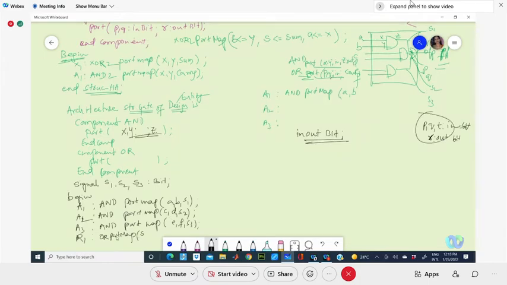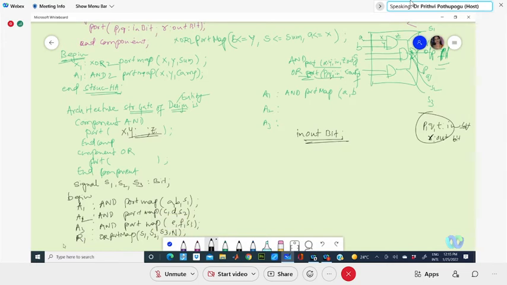So for the 3 input OR gate, you are declaring that as S1, S2, the port map S3, which relates to P, Q, T, and your R will be what? N. That is the final output of the design.